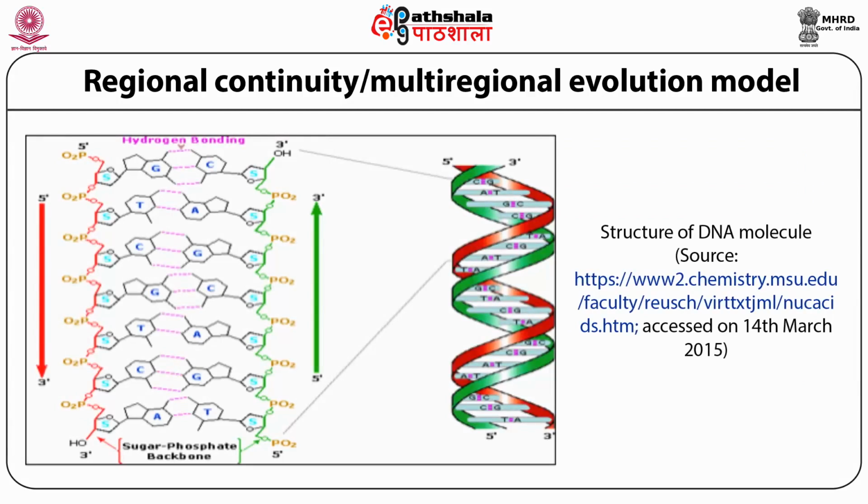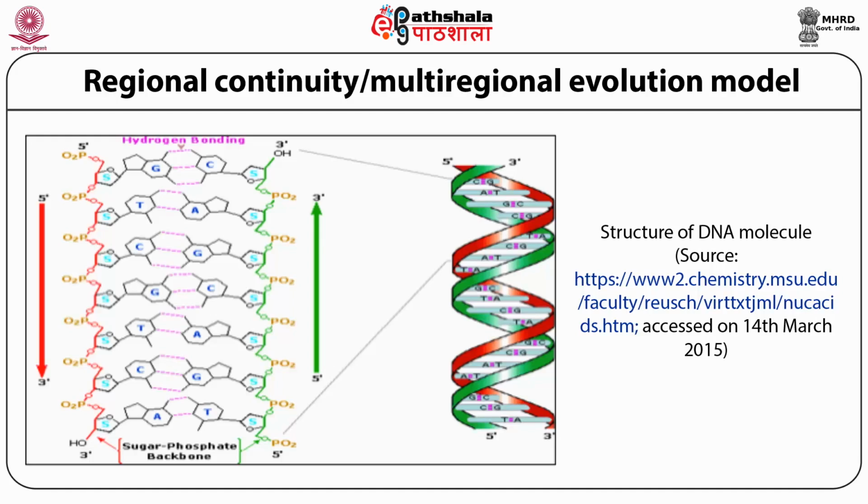The genetic material inside the nucleus is DNA and RNA. The chemical and physical properties of DNA molecules were discovered by Watson and Crick in 1953. The structure of the DNA molecule is a double helix, which resembles a ladder twisting around a central axis. DNA is made up of a double strand. Each strand is made by a chain of nucleotides.